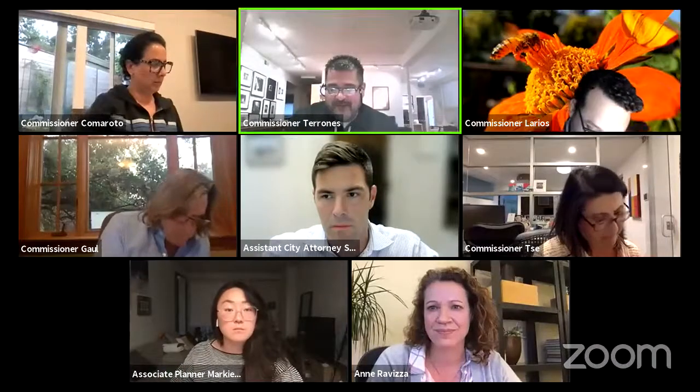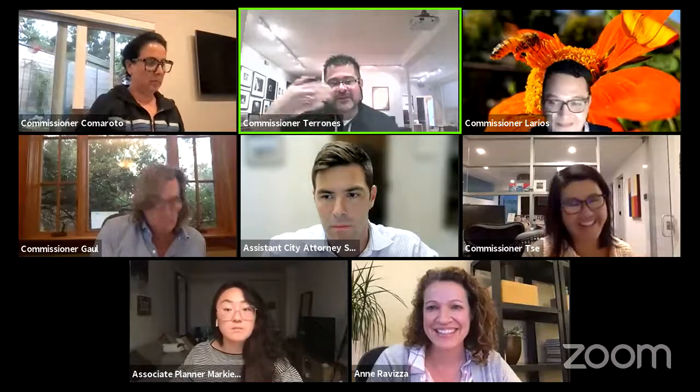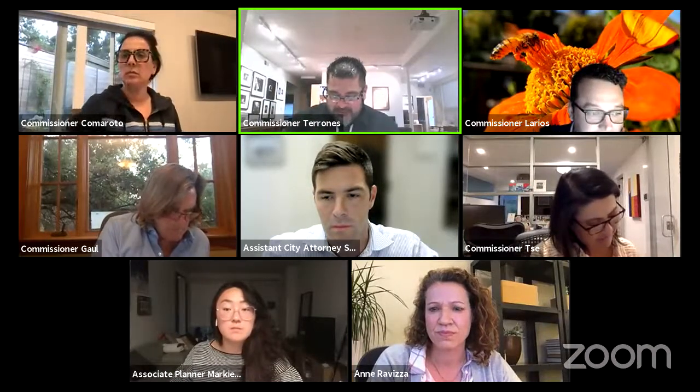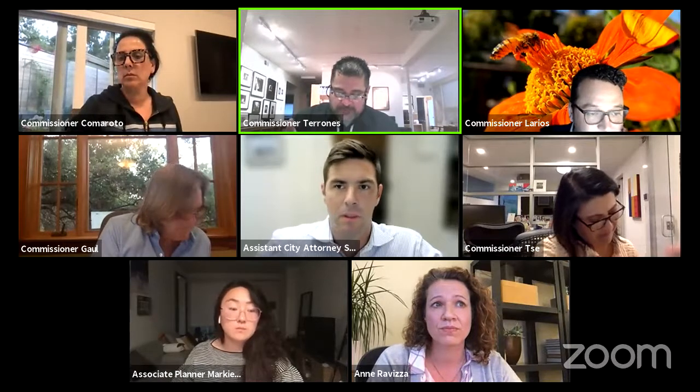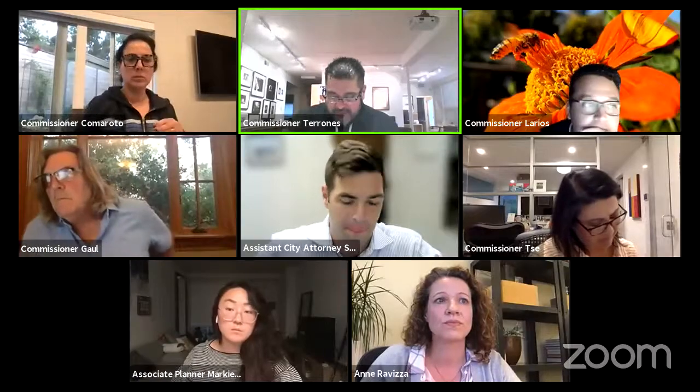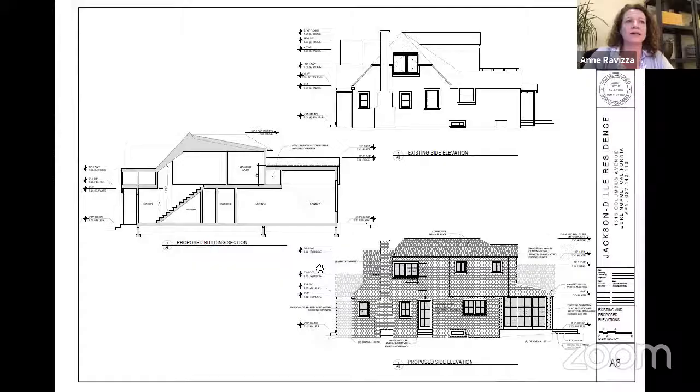Commissioner Torrones, go ahead. Yeah, I had a similar reaction until I realized that the street is on the upper portion on the plans. Question on that same area. That portion that pops out for the primary bedroom, are those corbels underneath, sort of supporting it? Yeah, correct. We'd likely be doing something more decorative, just to give it a little articulation.